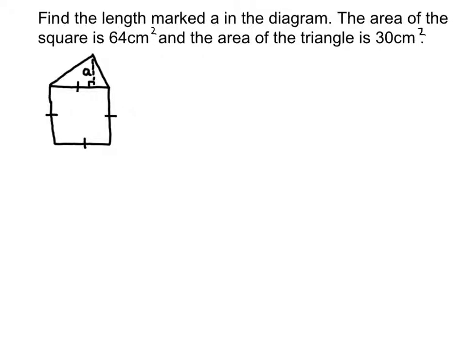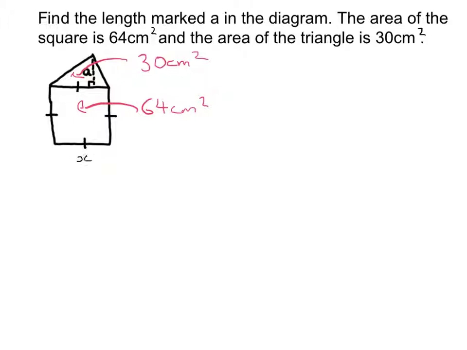Right, so what we have here is a compound shape made up of a square and a triangle, and I'm told that the area of the square is 64 centimeters squared and the area of the triangle is 30 centimeters squared. I'm going to start by looking at the square, and since I'm told the area is 64 centimeters squared